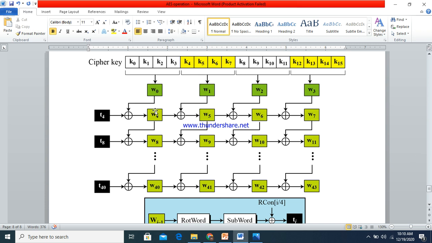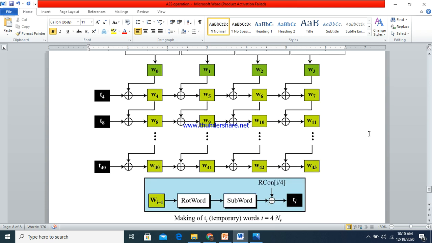You can see here W0 is XORed with some T4. This T4 is nothing but the round key.